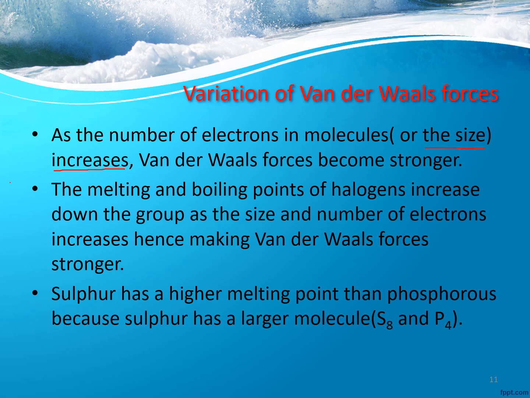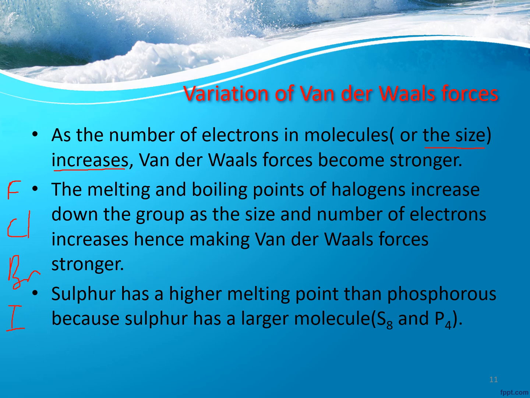As you move down the group from fluorine to chlorine, fluorine has 9 electrons, chlorine has 18 electrons, bromine has 35 electrons, while iodine has 53 electrons. So as the number of electrons is increasing, what happens? The van der Waals forces become stronger, and as they become stronger,